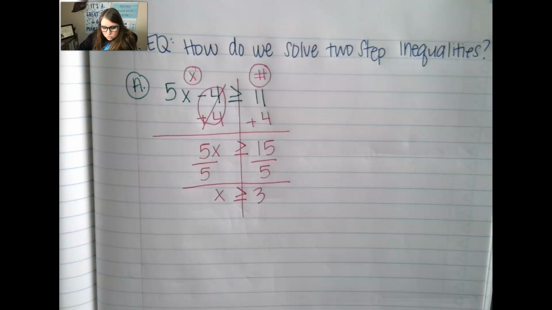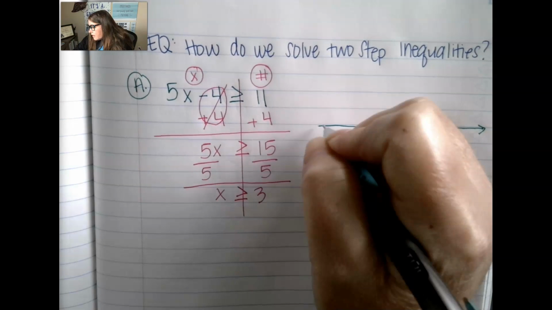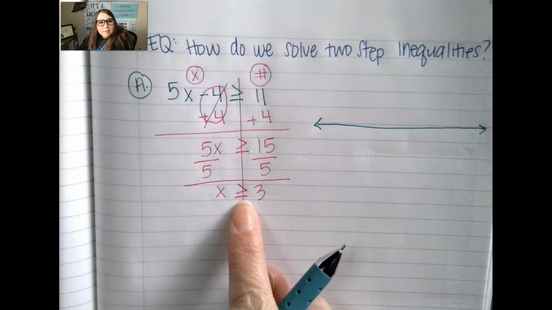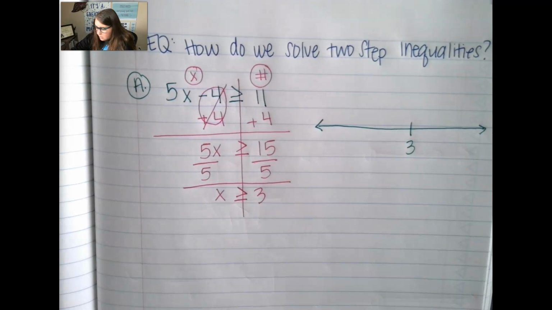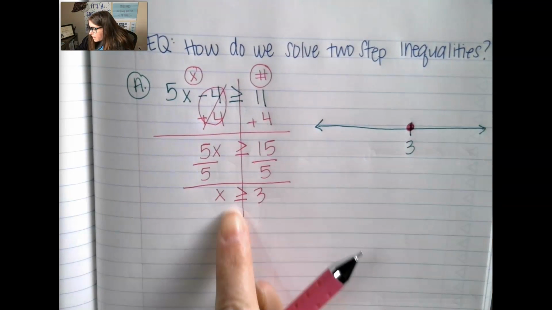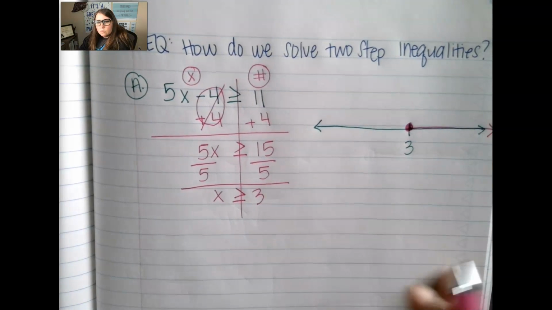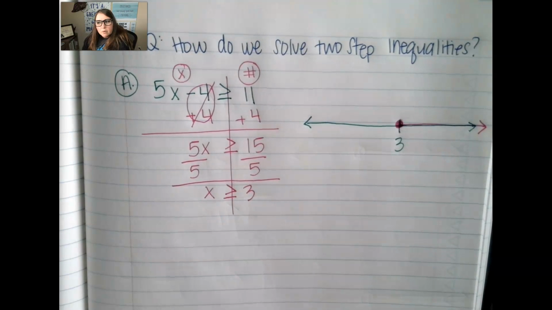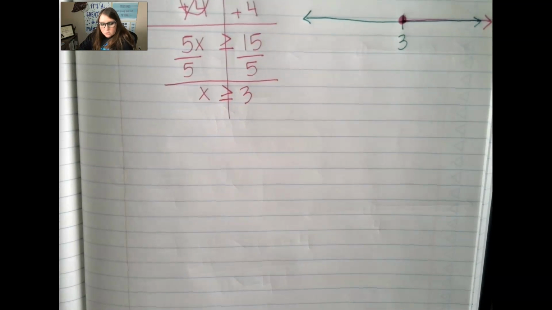We're now ready to graph this problem. Once we have our graph, we're going to have a closed dot because it's equal to. So we're going to have a closed dot at 3, and our arrow is pointing to the right. Again, the inequality tells you which direction to point your arrow. All right, let's do example